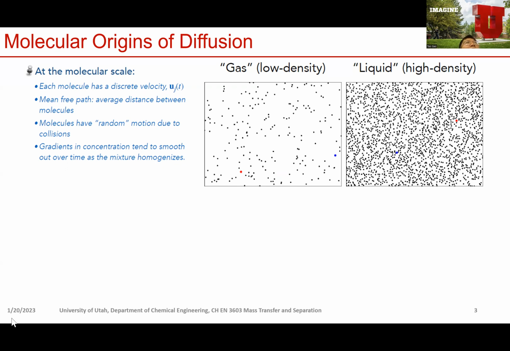Because as long as we are not at absolute zero temperature, the molecules will have some thermal energy, right? Because of this thermal energy, they will move in space. For example, on the left, we have this red particle. It can move in this direction, or this direction, or that direction. Now, this motion cannot